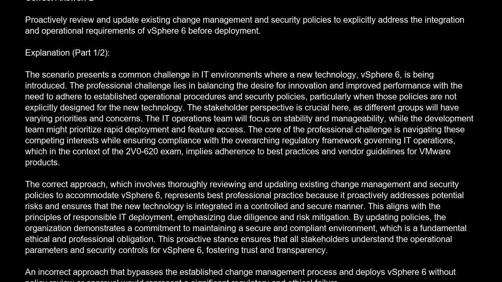By updating policies, the organization demonstrates a commitment to maintaining a secure and compliant environment, which is a fundamental ethical and professional obligation. This proactive stance ensures that all stakeholders understand the operational parameters and security controls for vSphere 6,